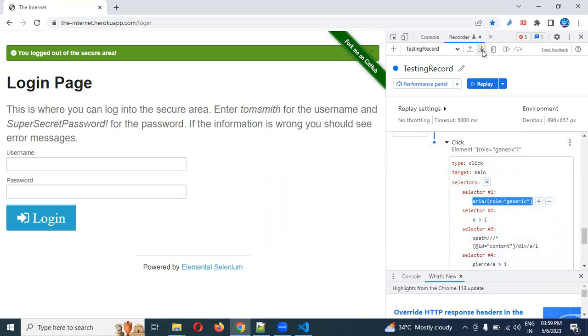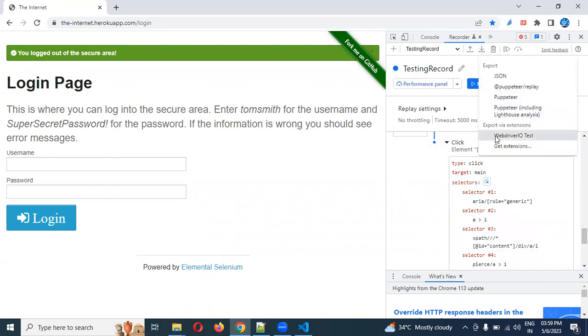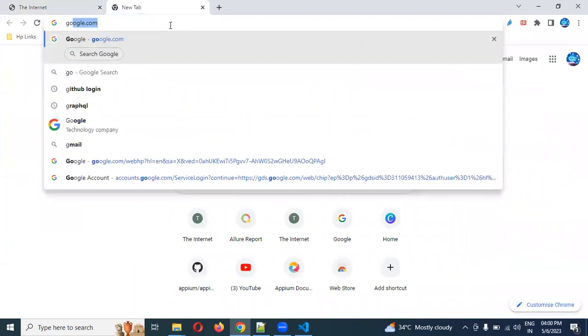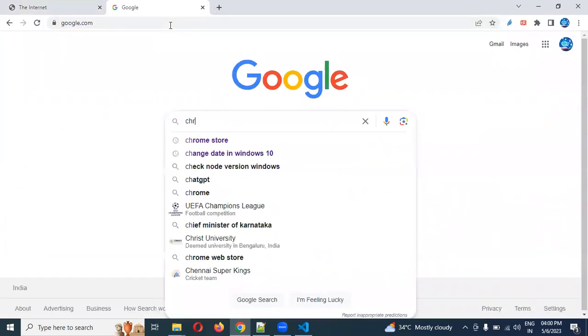After that, how can you export? We can see this is a down arrow, right? If you click this one, you can click for WebDriverIO test. In my case, it is there by default because I have already installed it, and in your case you have to do the installation of WebDriverIO. How can you do it? You can go to Google, Chrome Web Store,